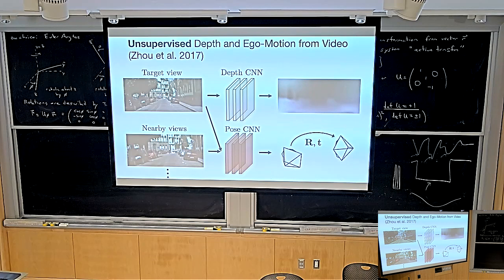And now you're going to do something funny. You're just going to take these two views, concatenate them, and stick them into another neural network, and your job is to predict the camera pose. So you take frame number 1, frame number 2, and you tell me how the camera has moved. Intuitively, that is definitely possible, right? If you watch a video, you'd know how the camera has moved. So you know it's possible.